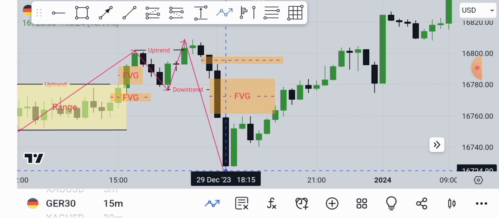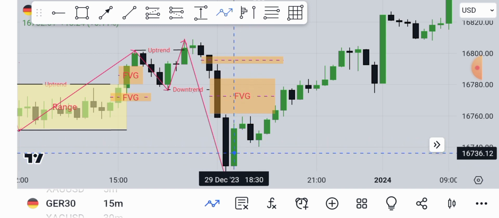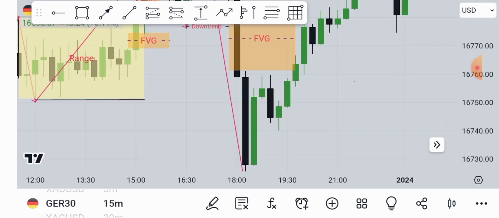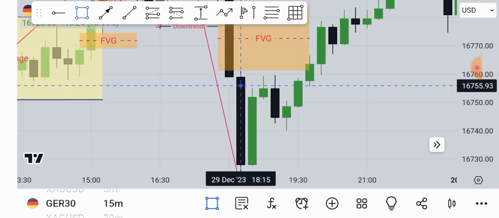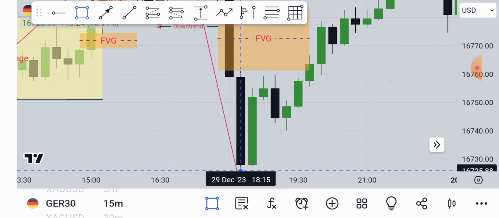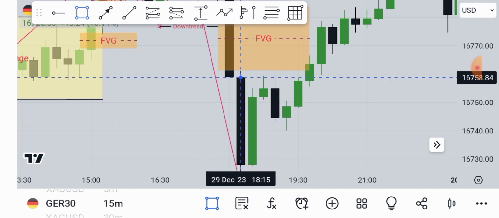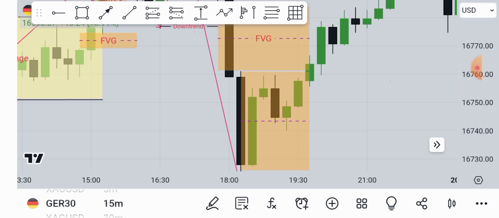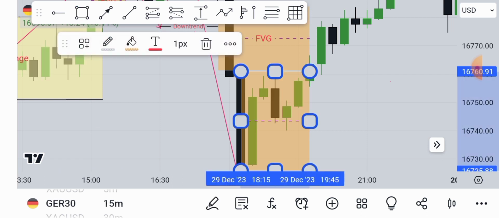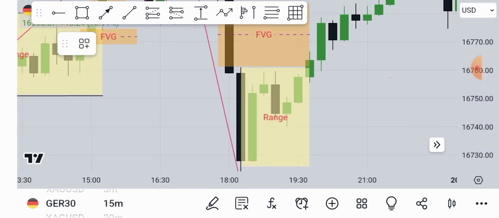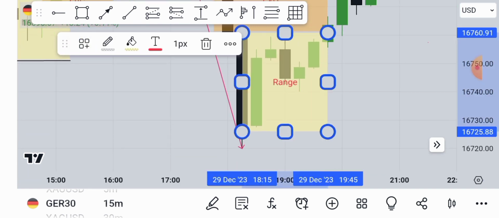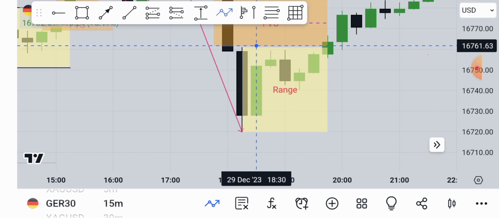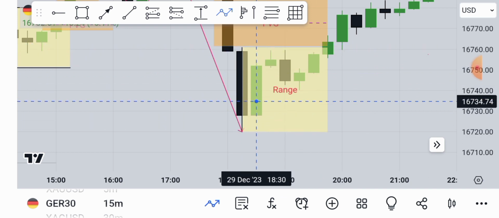So from here, okay, first let me show you something there, maybe you have forgotten. So we have a range right there, on the high of this candle to its low. So everything within the high of the candle and the low is a range. As you can see, we have a range there because all these candles are inside the high and the low of this candle. So we have the range there,